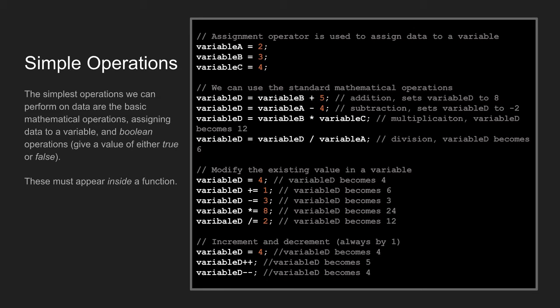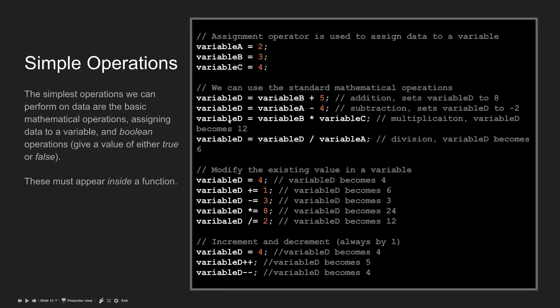But yes, back to this. So what's on the right may be a single literal, like the numbers you see up there, but they can also be complex statements of mathematics and arithmetic, or function calls that result in numbers. But any expression, as we would say, that can be evaluated to a number that can be stored in the variable. So say there's a number 3 is stored in variable b here, we can store whatever's in variable b plus 5, which is 8,